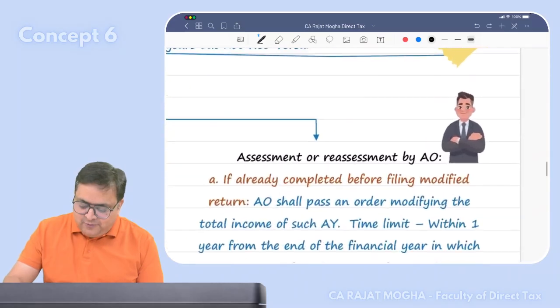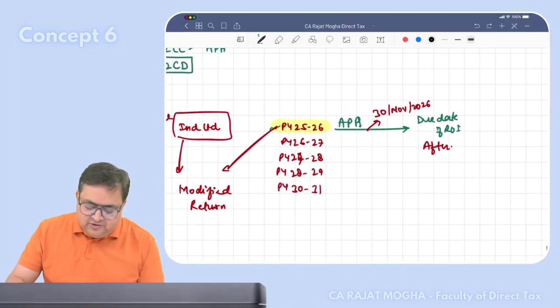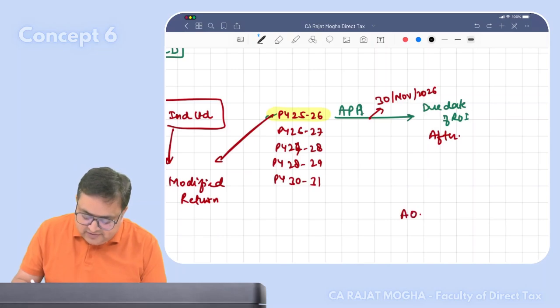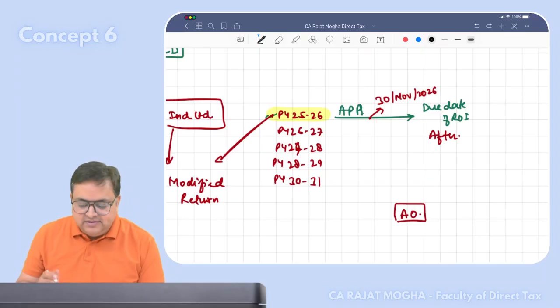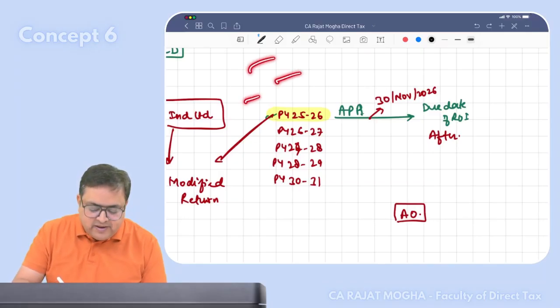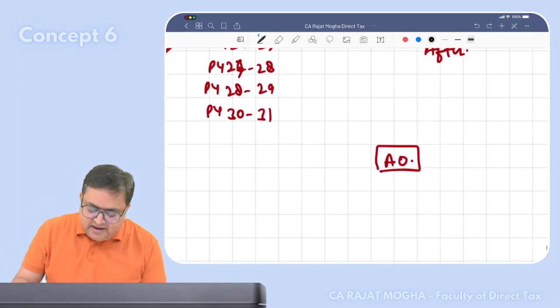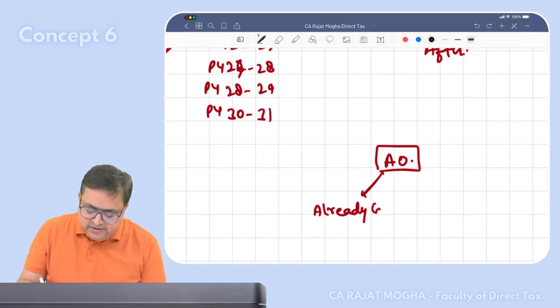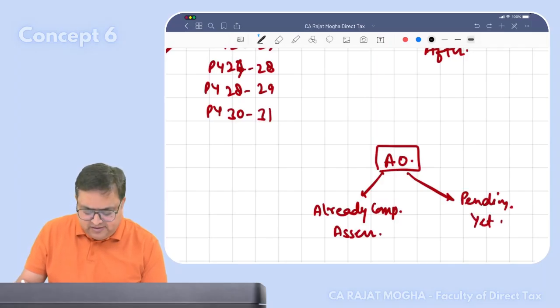Easy. Now, what will our beloved assessing officer do? Now the APA came. It might be possible that our assessing officer has already completed the assessment of any of those years, or of any of the rollback years. So let's say, for example, our assessing officer has already completed some of the assessments. The assessments which are pending, or yet to be done,